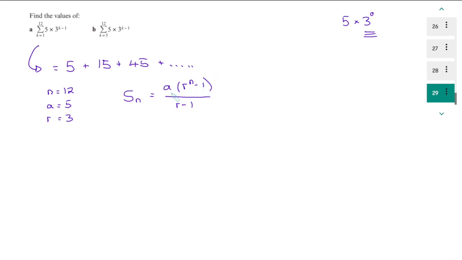The other version is a times 1 minus r to the n over 1 minus r, and they're both equivalent, but it's usually helpful to choose the one that's going to make you divide by a positive number. So in this case r is 3, so this is going to be much nicer, this is going to be 2. And then we just plug everything in, so I'm going to leave that as an exercise for you to check. You can use your calculator, plug those values in, and you should come up with